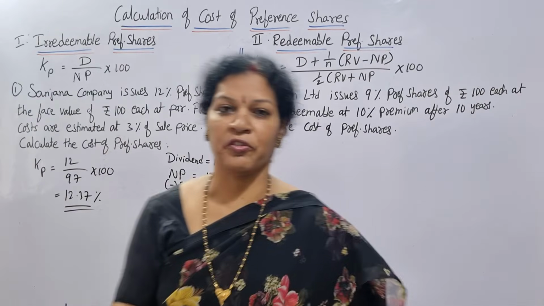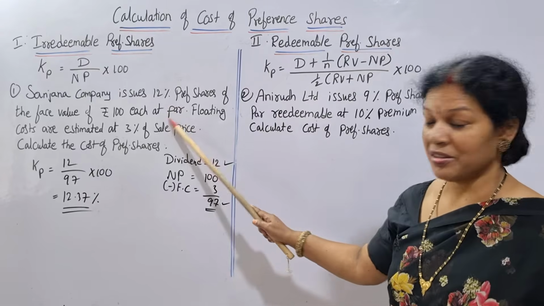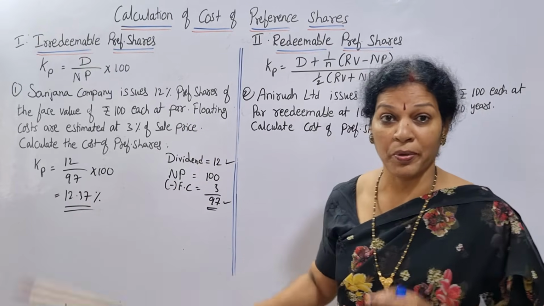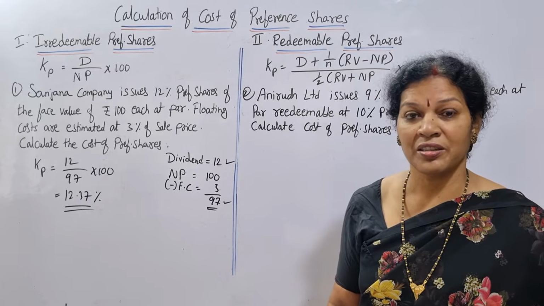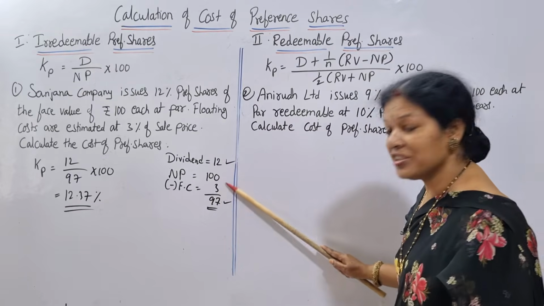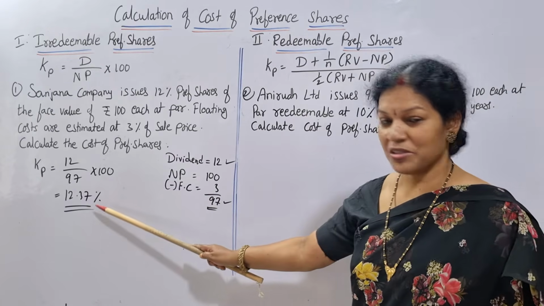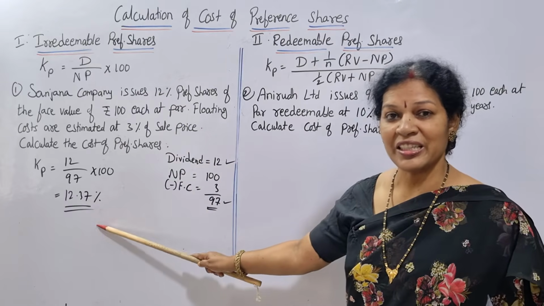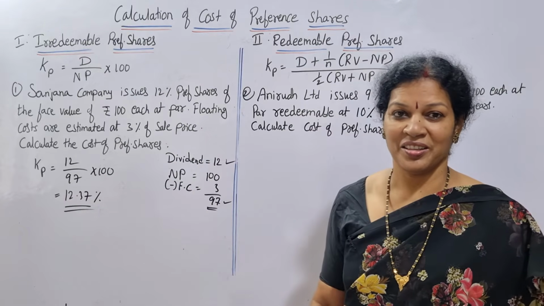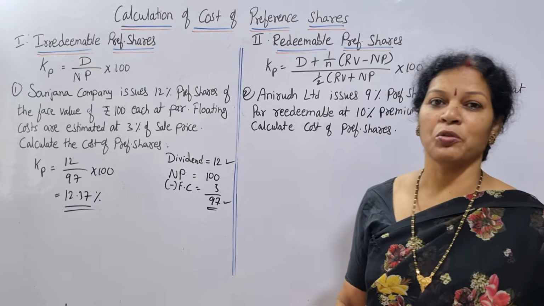Actually, we are issuing preference shares at 12%, but the cost is 12.37%. Why did the cost increase? Because of floatation charges. Because of floatation charges, the cost of preference shares, rather than 12%, has increased. That's all. Are you sure? Understood? Next we'll go for